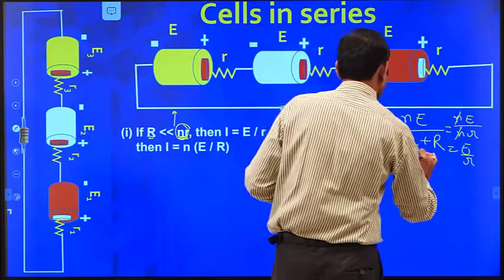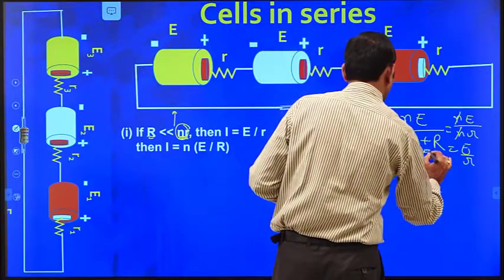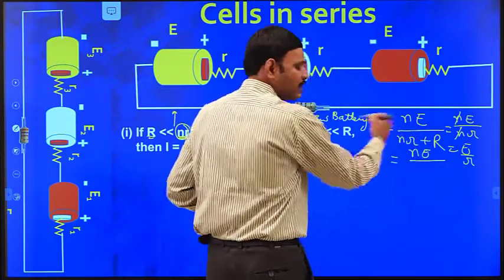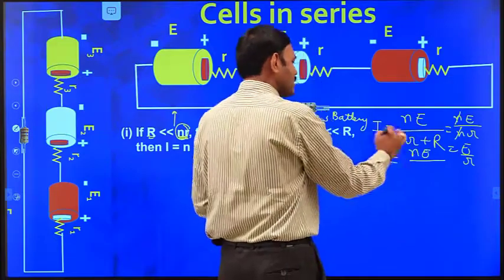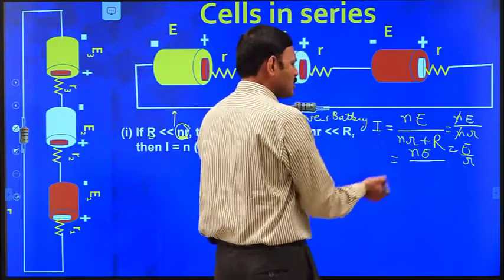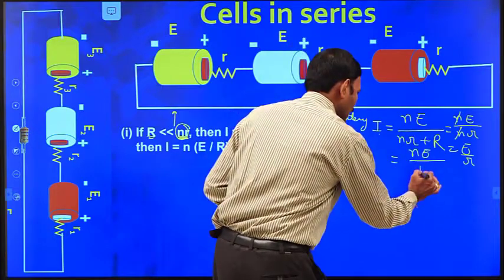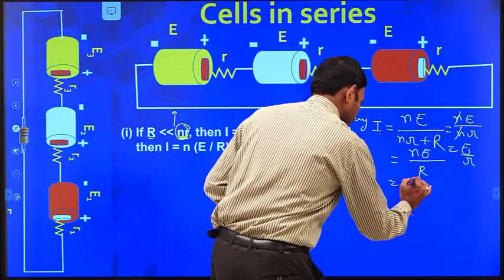So, consider this formula. nr, the sum of internal resistance for a fresh battery, is less than the external resistance. So, we have to modify this formula, as nr is a negligible value now for a fresh, new battery. Internal resistance is negligible. It offers almost negligible resistance to the flow of current as nr is negligible. So, that becomes n times.